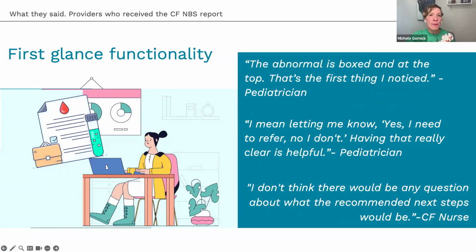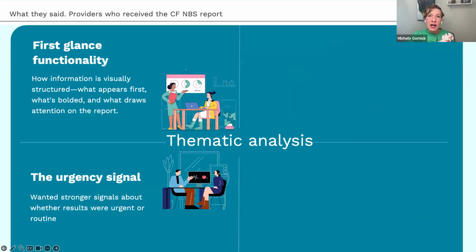A pediatrician said the abnormal is boxed and at the top. That's the first thing I noticed. Someone else, another pediatrician said,